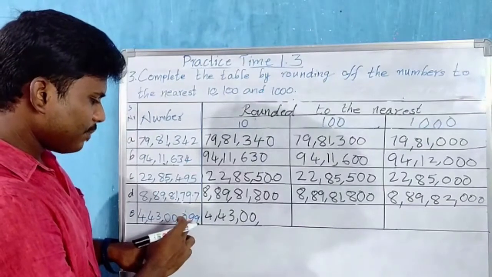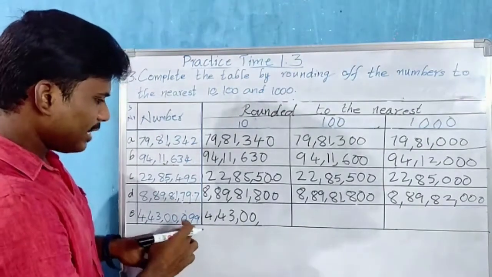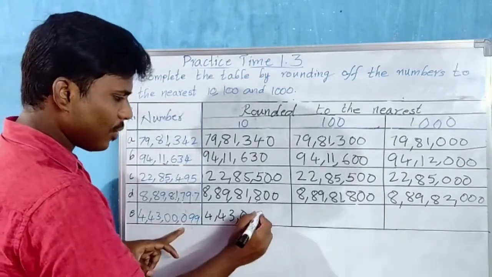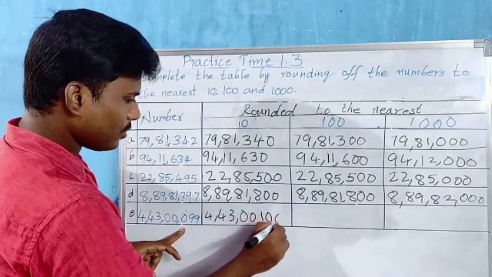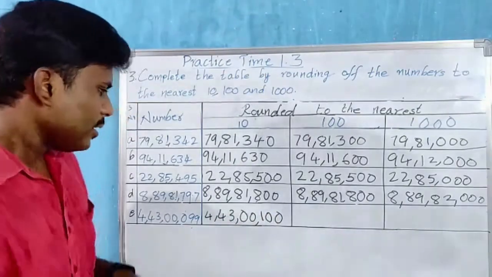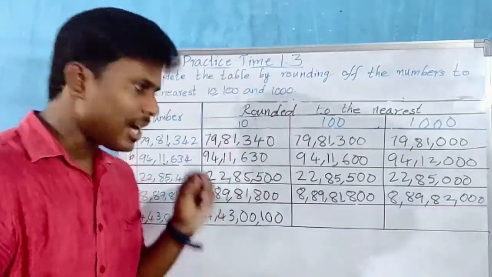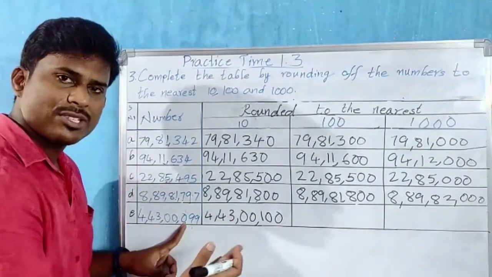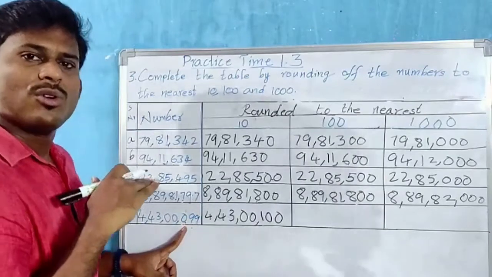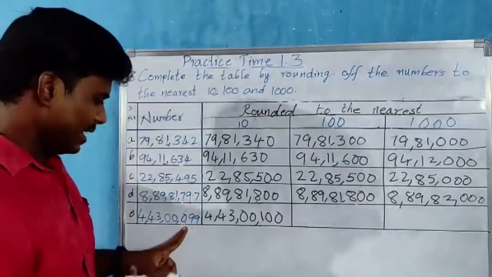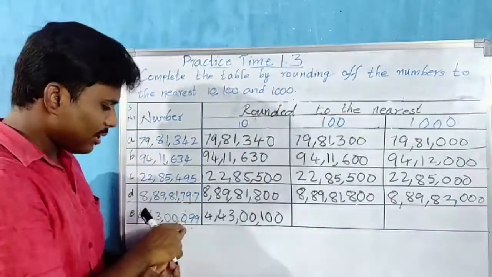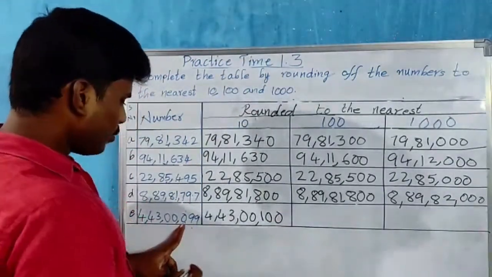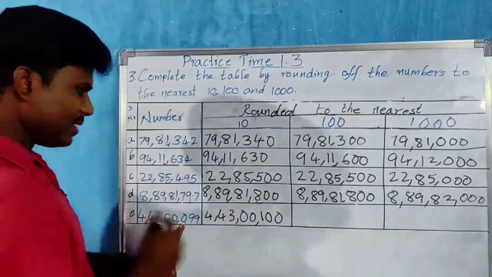As we are writing here, 9 plus 1, 10. 10 means we have to write 0 here, 1 we have to regroup here. So 1 plus 0 becomes 1 and 0, 0. Okay. Nearest hundreds means the rounding digit is the hundreds place. This is our rounding digit. Immediate right side, which digit do we have? 9. So 5 to 9, climb up the vine. We have to add plus 1 to the rounding digit. 0 plus 1 is 1. So here we have to add 1.